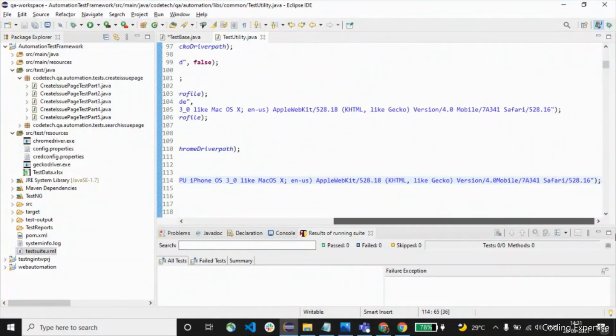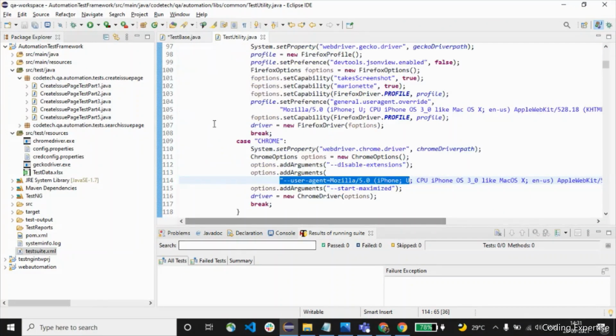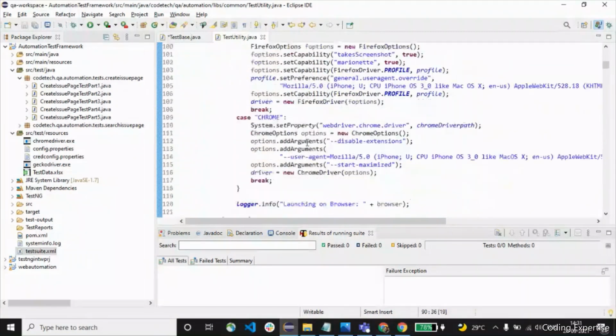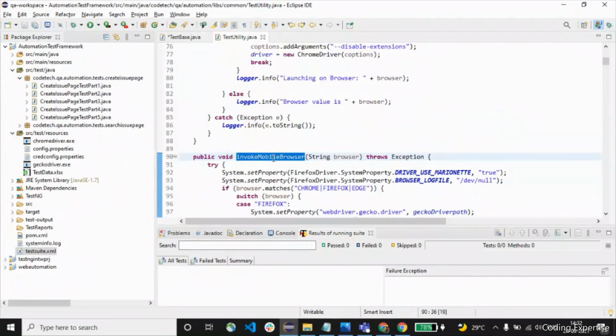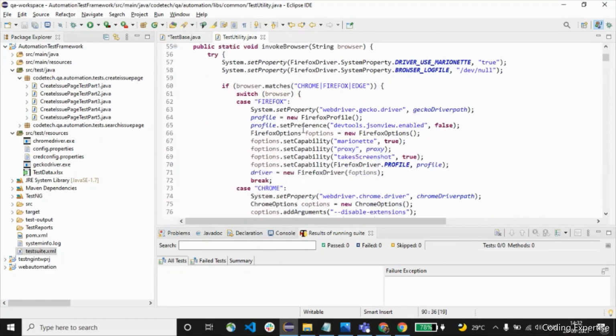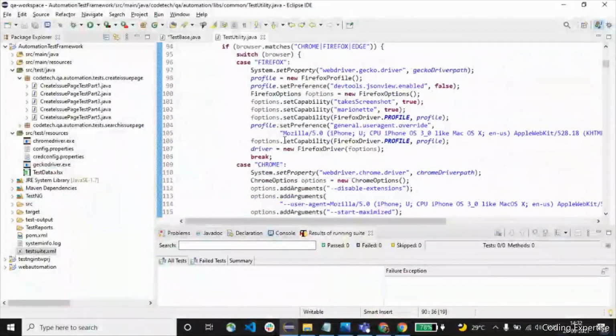When I execute this Chrome mobile method, it opens up the browser on an emulator-like user agent and gets executed. That is the reason we have written these two methods, invokeBrowser and invokeMobileBrowser.